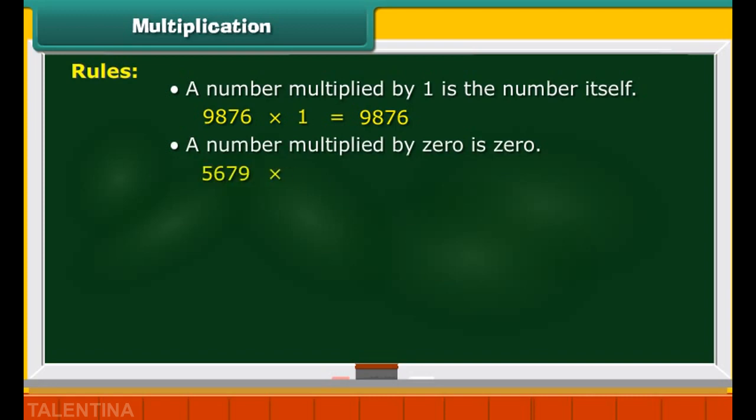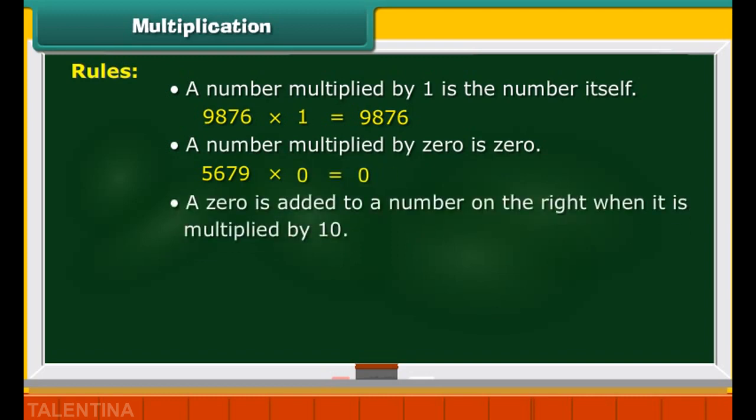5679 multiplied by 0 is equal to 0. A 0 is added to a number on the right when it is multiplied by 10. 4358 multiplied by 10 is equal to